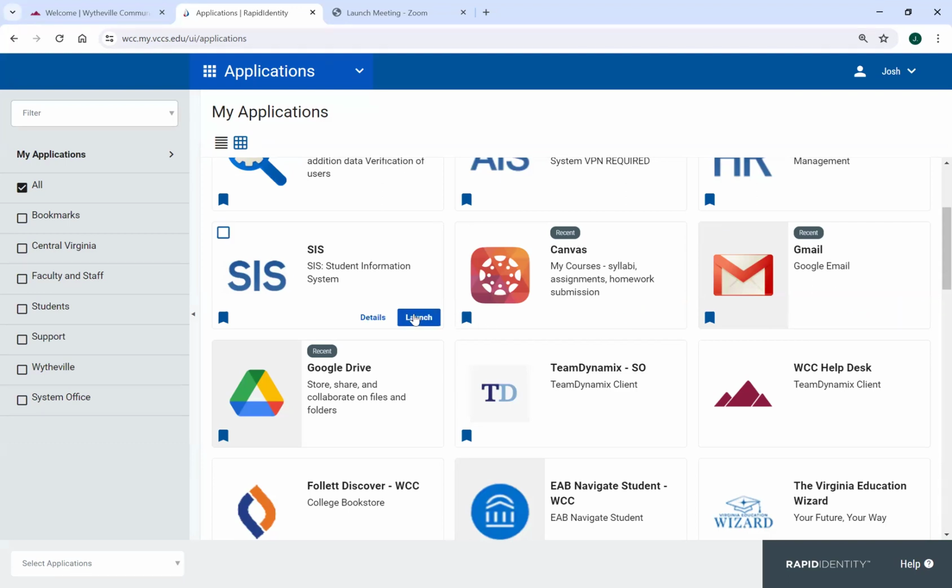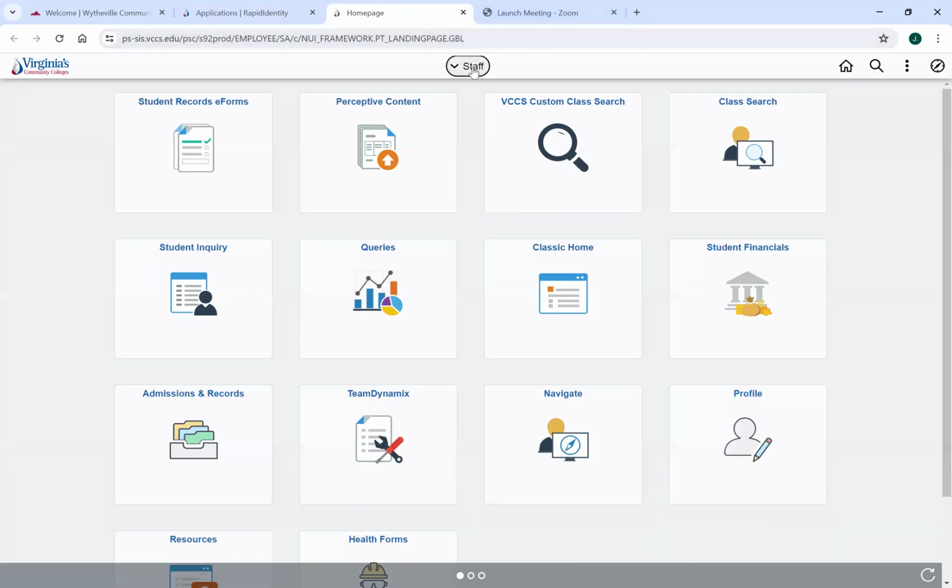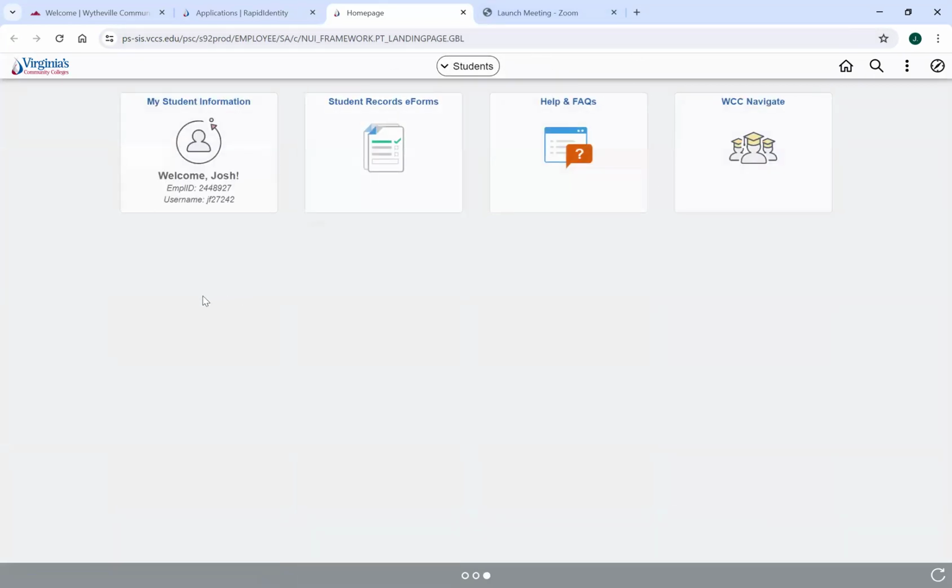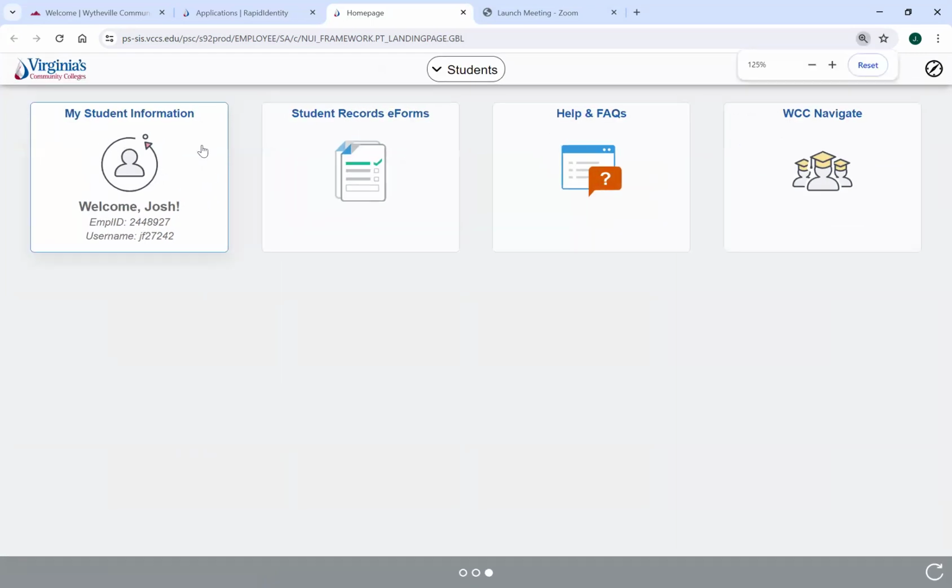The first thing I want to go over is your SIS link. So this is your Student Information System link. Think of this as the heartbeat of your account. And when you log in, your information is going to look like this. You're going to be accessing a couple of items here. The main one that you're going to access is your My Student Information. It should have your name and it should have your student ID number, which is a 7-digit number, as well as your username. So if you select that,